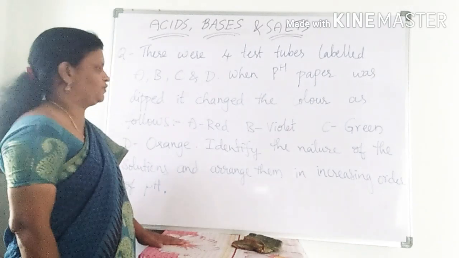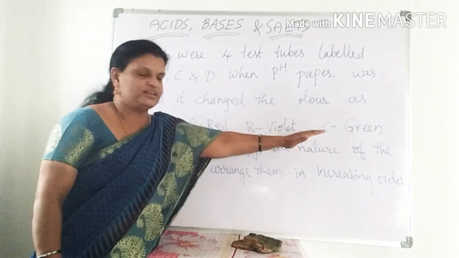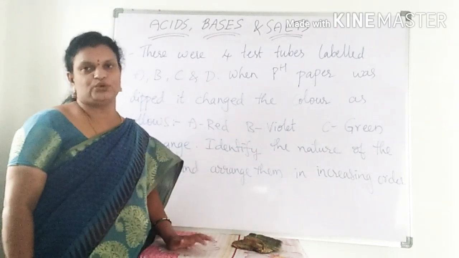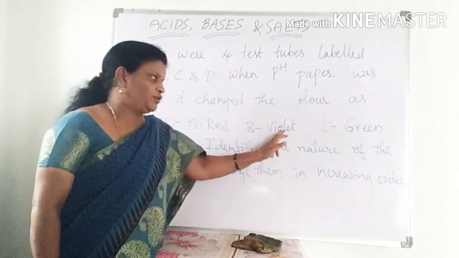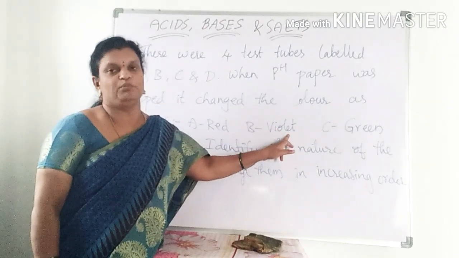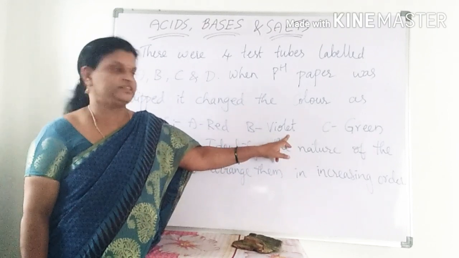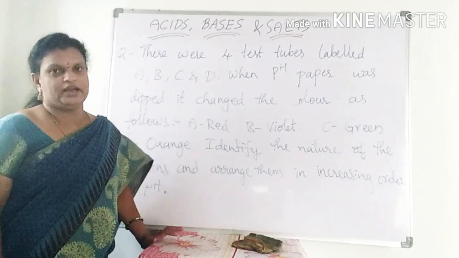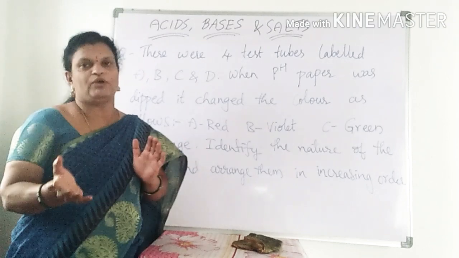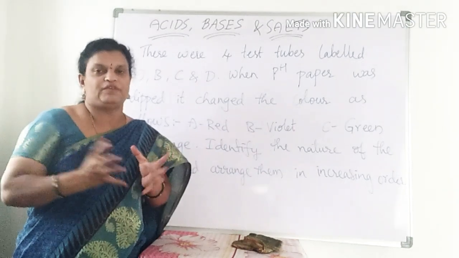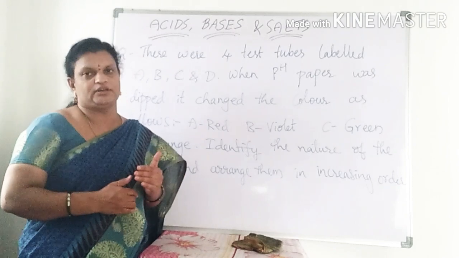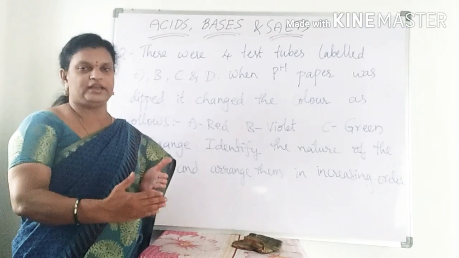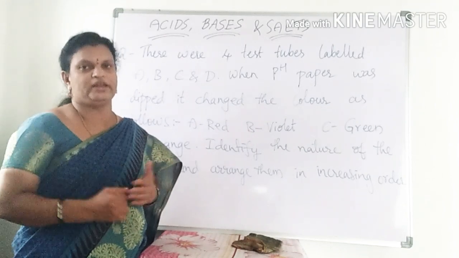So how can we identify the nature of those solutions? First of all, observe green color. If it converts into green color, we can say that particular solution is neutral. If it converts into violet, indigo, or blue, all these show basic nature. And if you get yellow, orange, or red, those solutions are acidic. Just write VIBGYOR, the different colors of light, in reverse order, right? First we write red, then orange, yellow, green, next blue, indigo, violet, right?